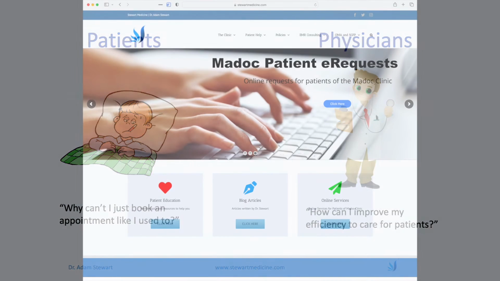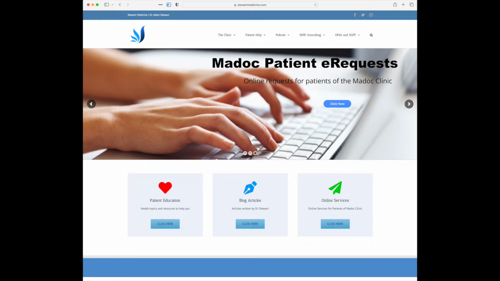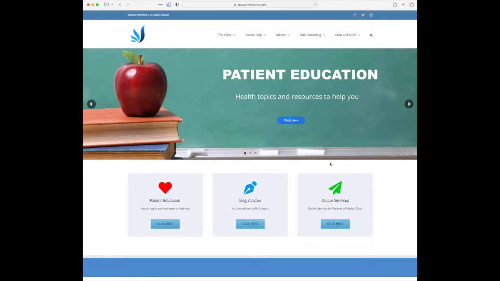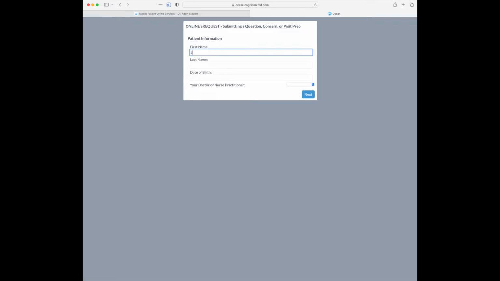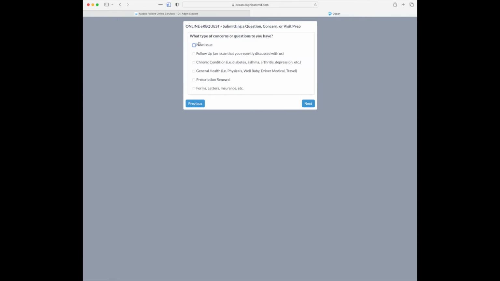The online submission process that we're talking about here is a link off of our website where the patient clicks Online Services, and this section here where they can submit any concern or request. So you click there and it opens up the box where the patient just has to identify who they are. This is just a fake submission, so I'm just going to put in some fake details. They choose who the doctor or nurse practitioner is, and then the reason for contact, and this ranges for anything from